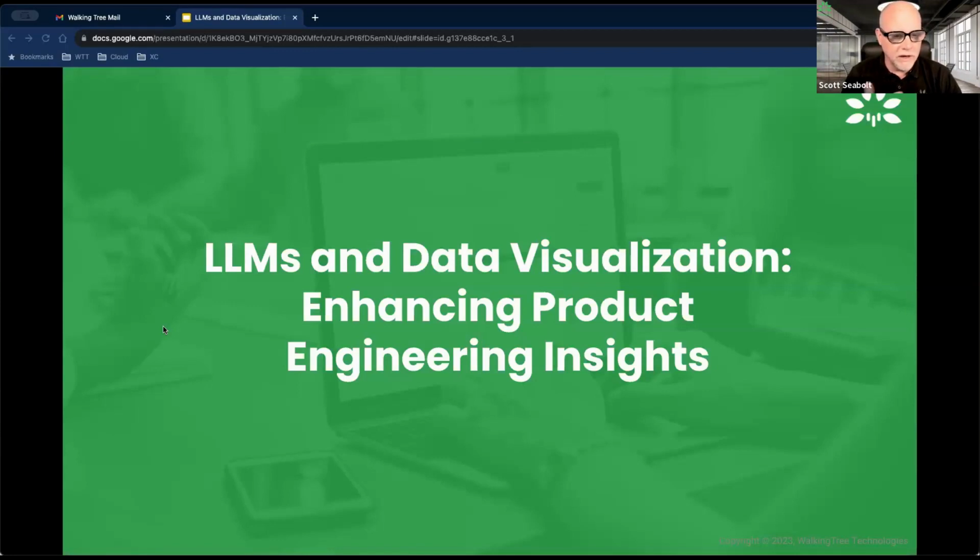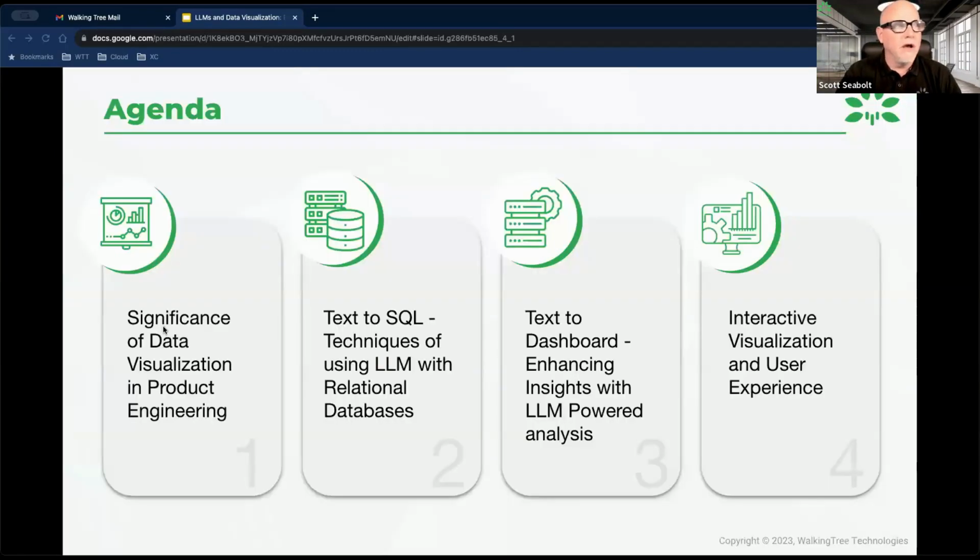And how does it kind of relate along those lines? So with that, just to quickly go through the agenda, just to give you an idea of where we're going. We'll start out, like I said, with me talking about the significance of visualization and data visualization in product engineering. And then Abhilasha will take us most of the rest of the way with this in terms of